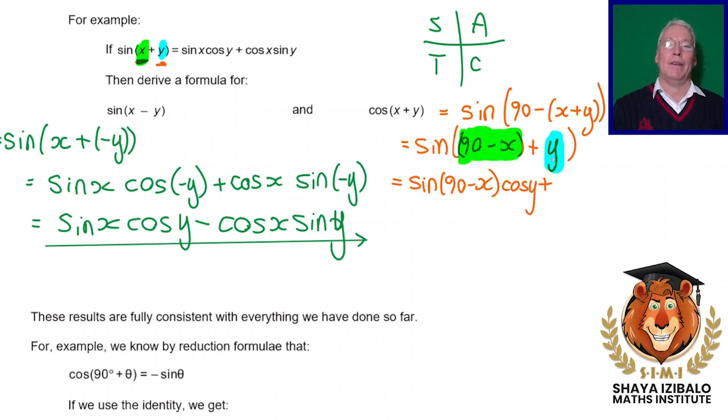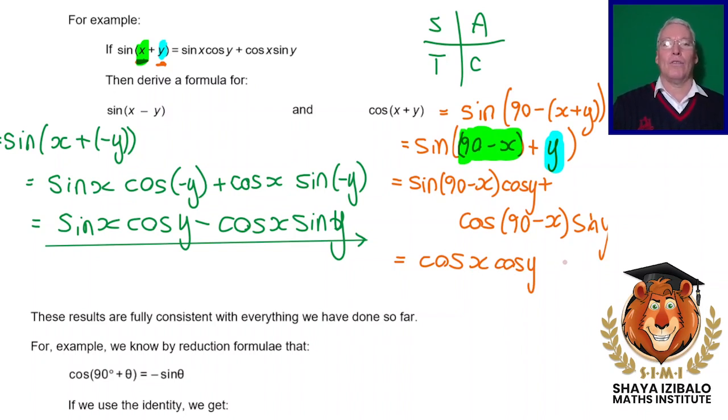And there's going to be plus the cos of the other thing, the cos of 90 minus x, times by the sine of y. Okay, and now if we use our co-ratios again, sine of 90 minus x is cos, so we actually get cos x, cos y, plus, just checking something here, cos x, cos y,